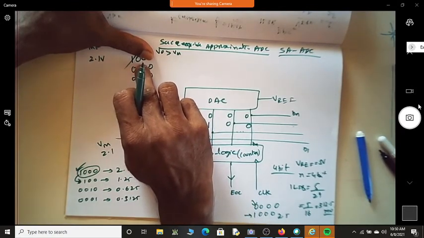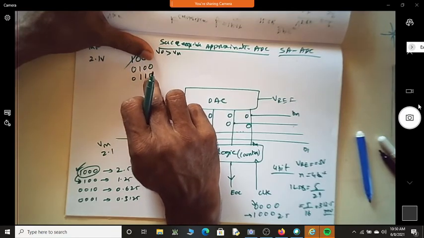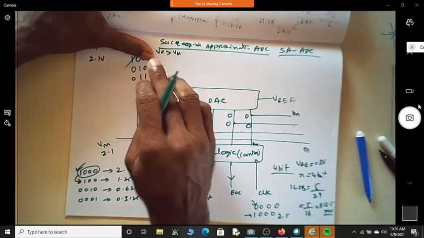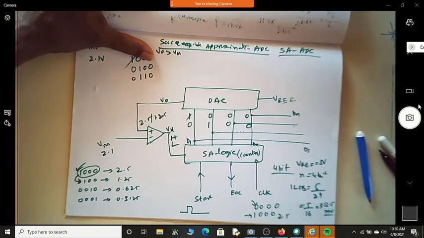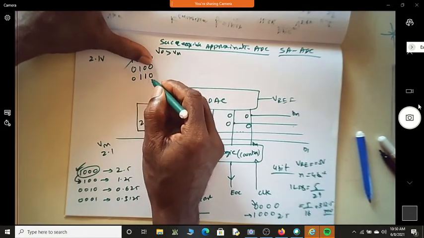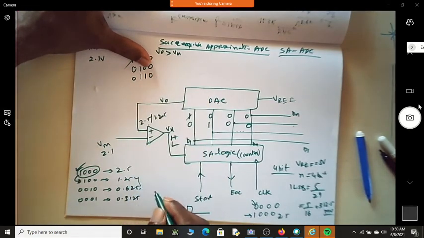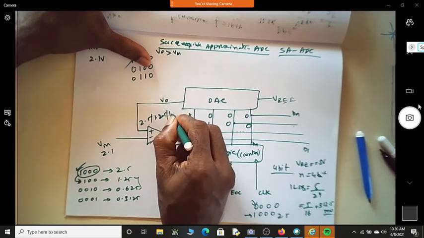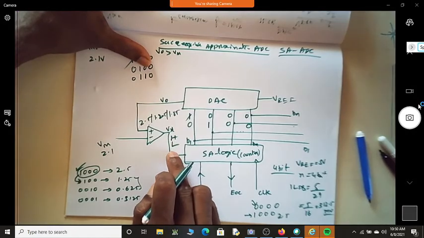Along with retaining the change, I'll make the next MSB also 1. When I say next MSB, of course it is going down the order. So now, what is the voltage? What is the sum of these two? Is it 1.875? Will that 1.875 give you low?